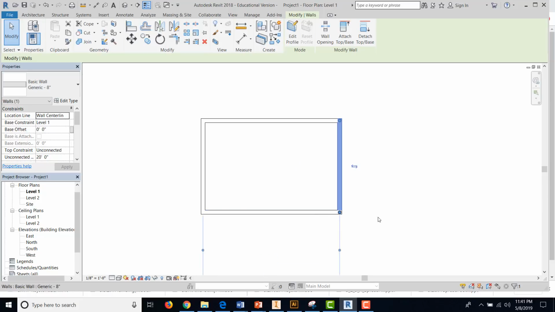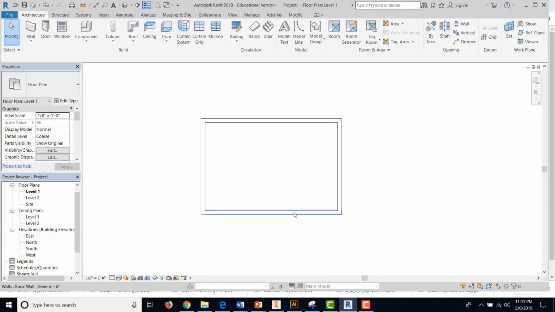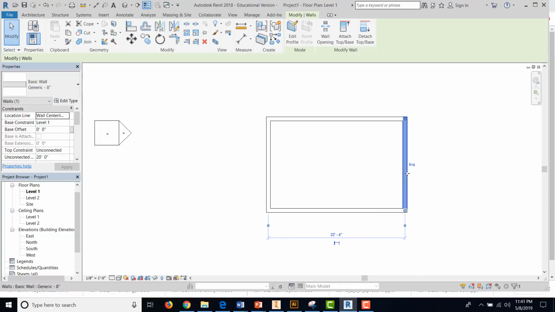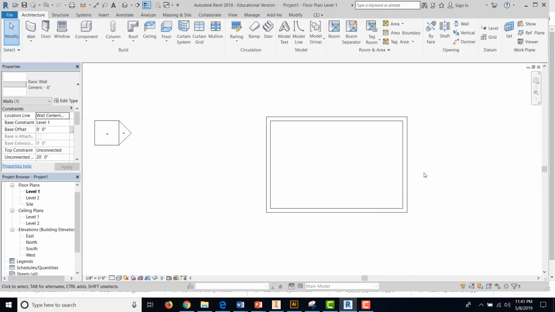can zoom in on it a little bit more to be able to see it. So that wall is 15 feet away from that wall, and this wall is 22 feet 4 inches away from that wall. I just made those two numbers up. They mean nothing other than just parameters for this little sample house that we're going to do. Okay,